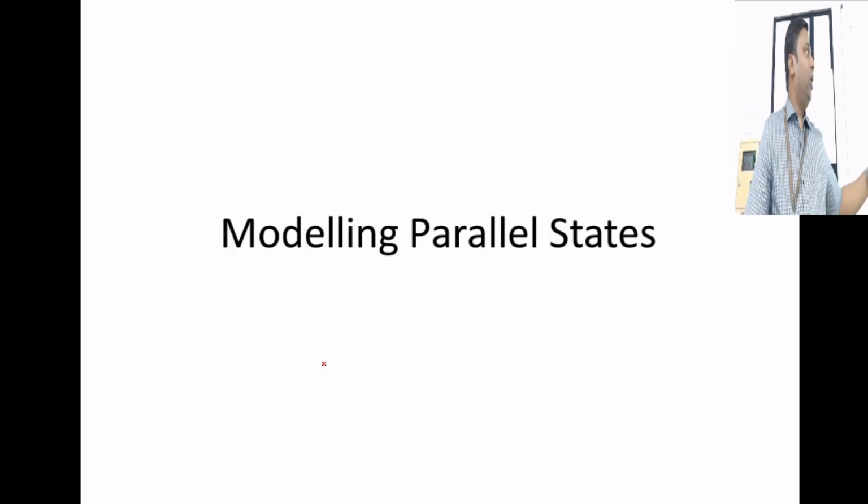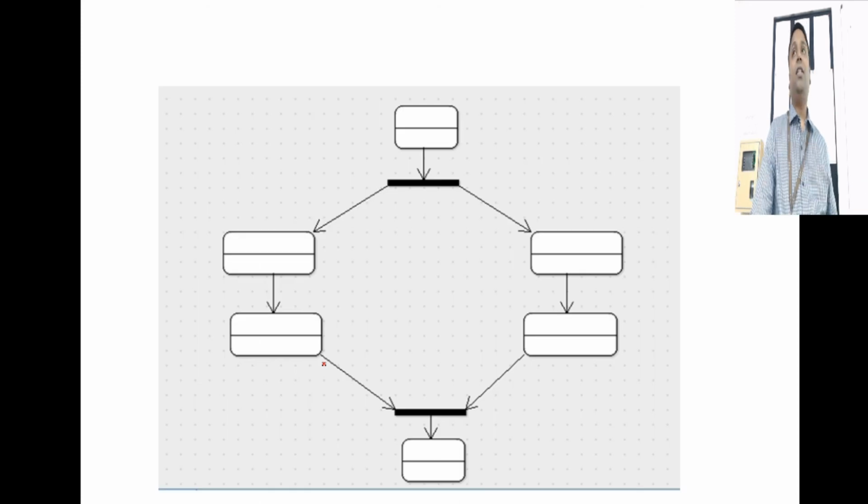One more final thing, modeling parallel states is also fine. Sometimes an object can travel parallelly through different states. I didn't find an example for this. Maybe how you model that is you use a fork. You call that a fork, which divides the states, and then a join will also be used. It will merge the states.